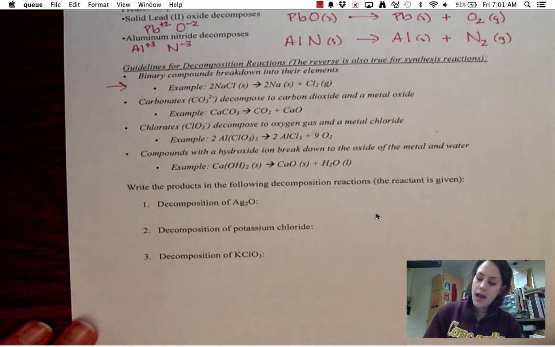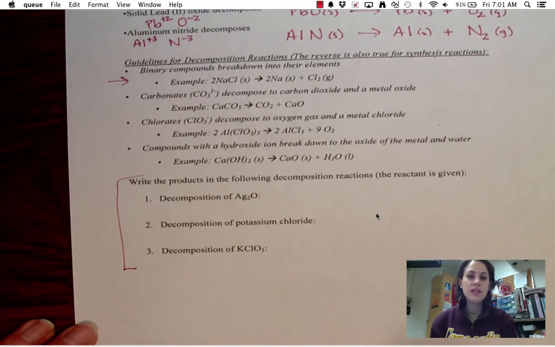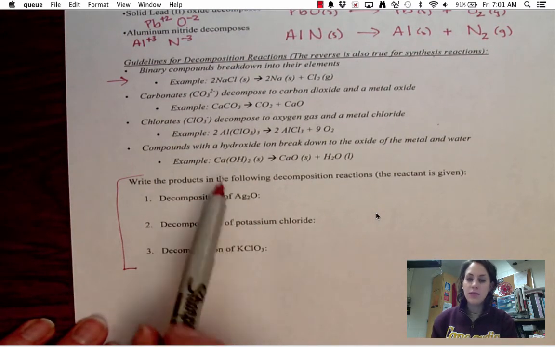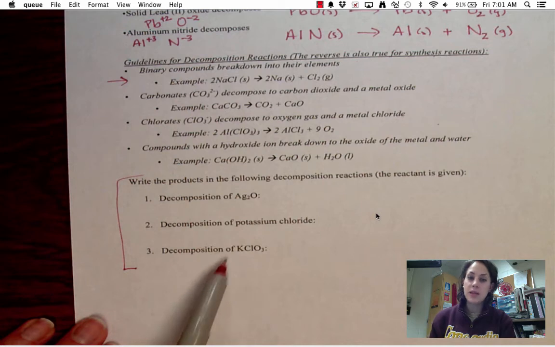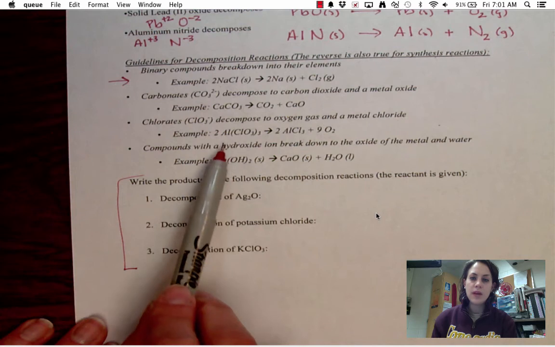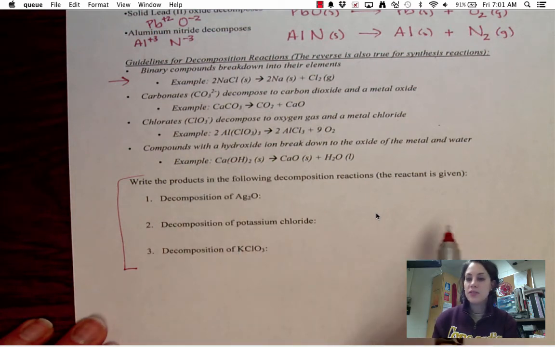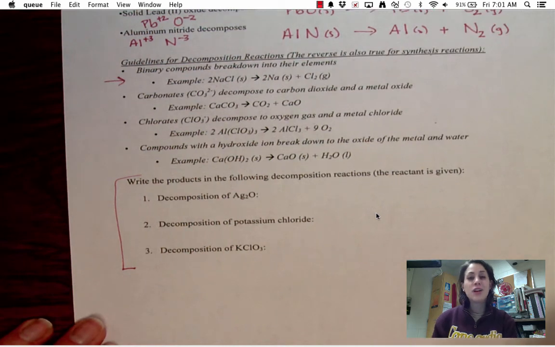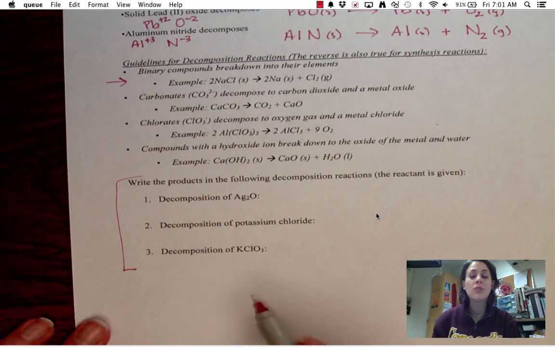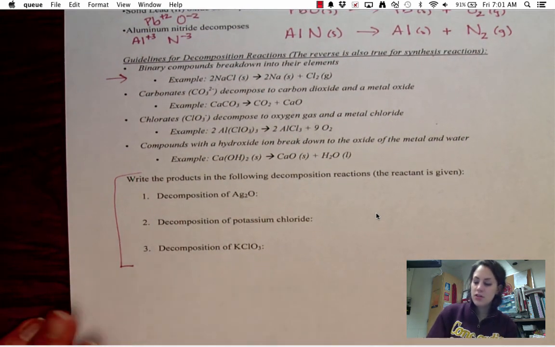So now I want you to try these 3 on your own with decomposition reactions, and some of these might be one of these examples. So see what kind of general form it fits into, and then see if you can predict the products for that. And then, of course, balance your reactions. If you're struggling with the balancing, go back and try to really make sure that your formulas are written correctly. Okay? So we'll try this on your own,